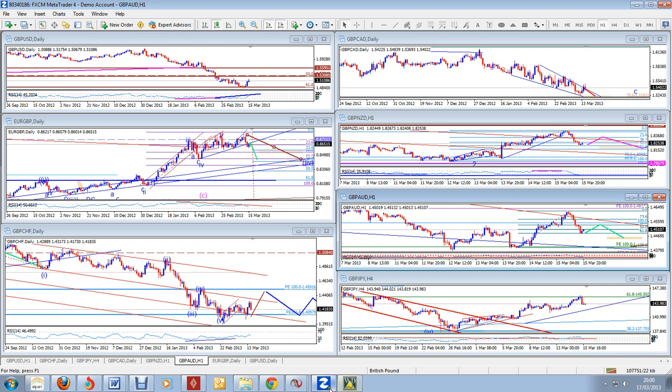So they will still happen, but I think we'll have to be a bit more patient, and I think that is all for the time being. The remainder I think we will pick up on Monday when we have a session. We will be going through the pound pairs anyway, and maybe the other charts of interest.